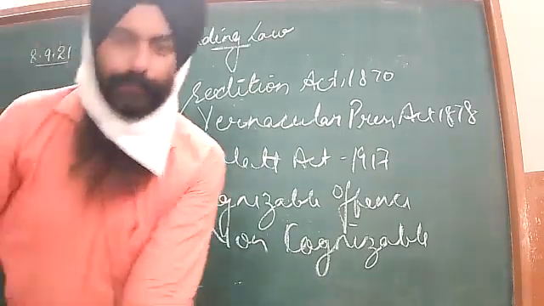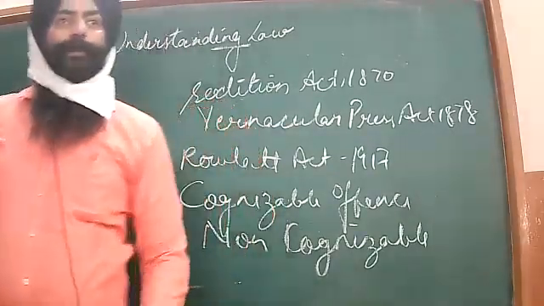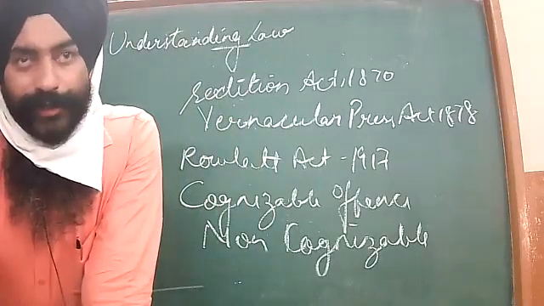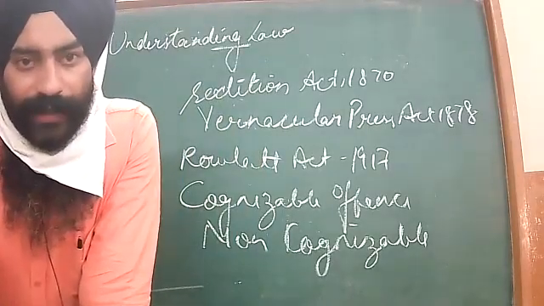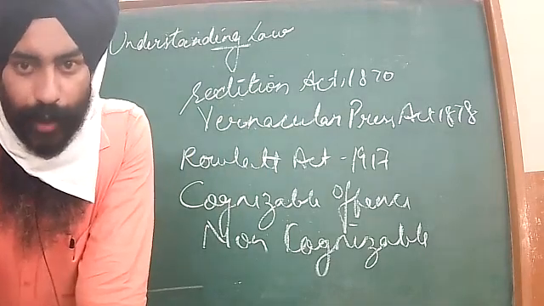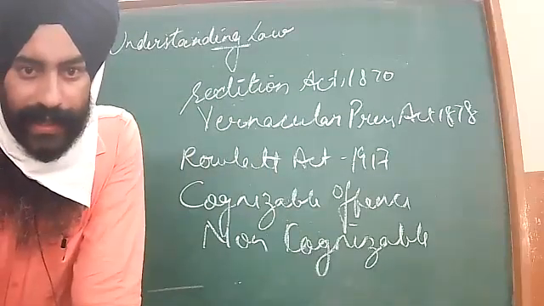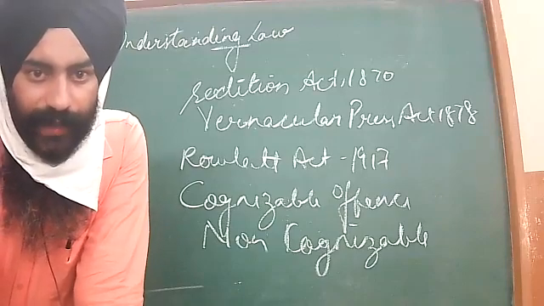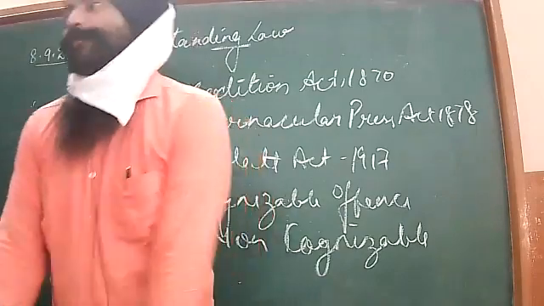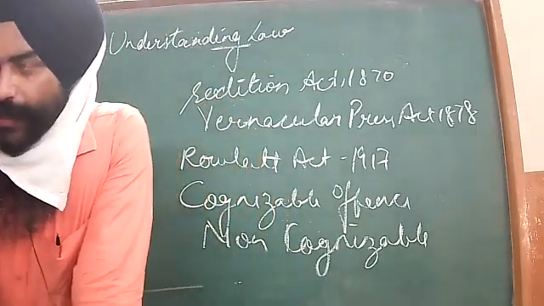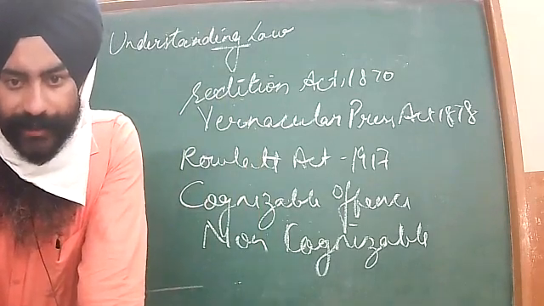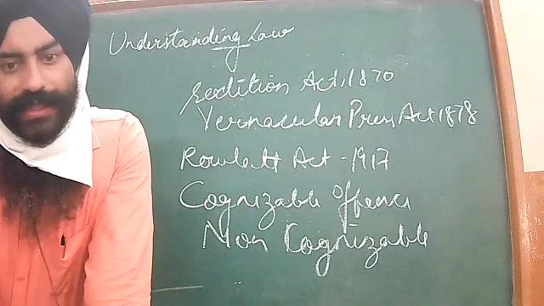But there is a condition. If the police arrest a woman, at that time a woman constable should be present at the time of the arrest of a woman. There is also one more condition. When a woman is arrested, she must be presented in front of the magistrate within 24 hours. If the police fail to present the woman in front of the magistrate, the judge, under such circumstances they will